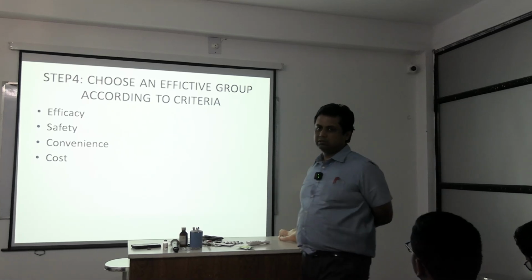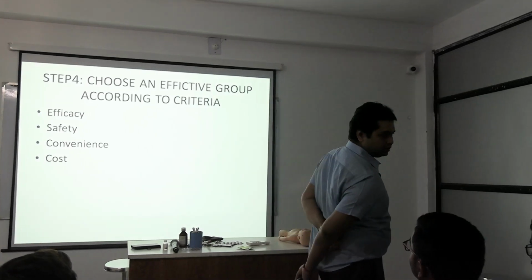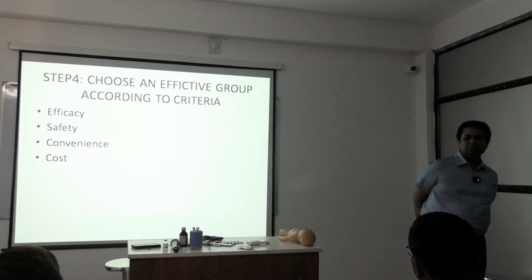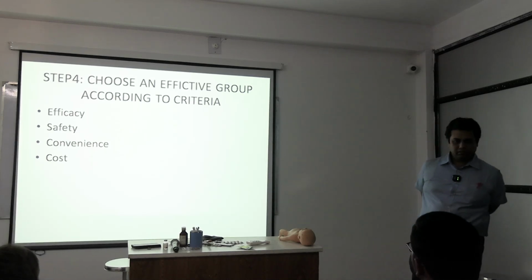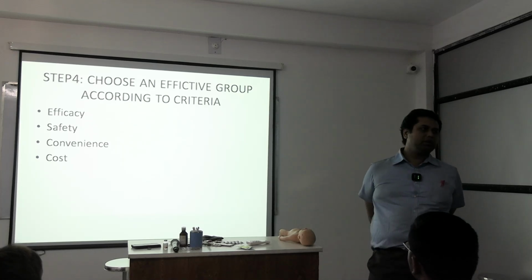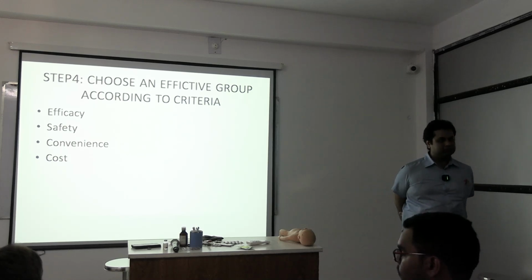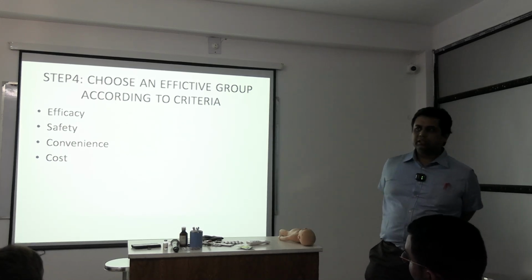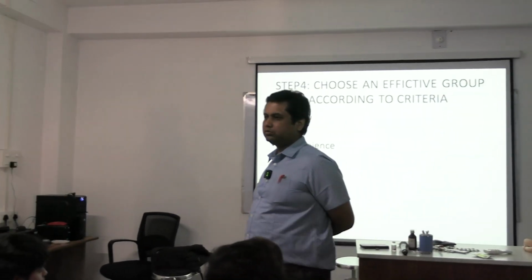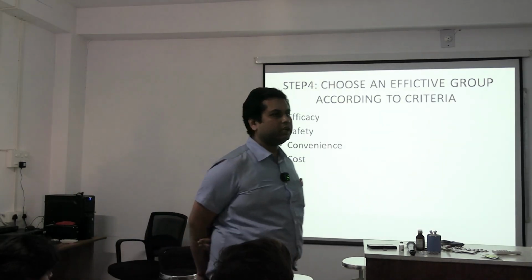Safety. Suppose a person is having hypersensitivity to penicillin. So you should not choose any drug that has the structure of penicillin. Or a person is hypersensitive to sulfur drugs, so you must avoid any sulfur drug. That might cause hypersensitivity. Some certain drugs are nephrotoxic. If a patient is having renal issues, such drugs must be avoided. Nephrotoxic drug,